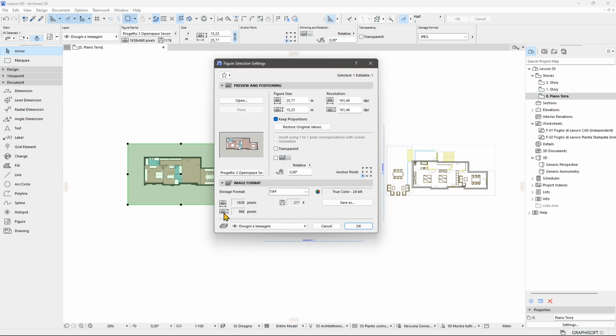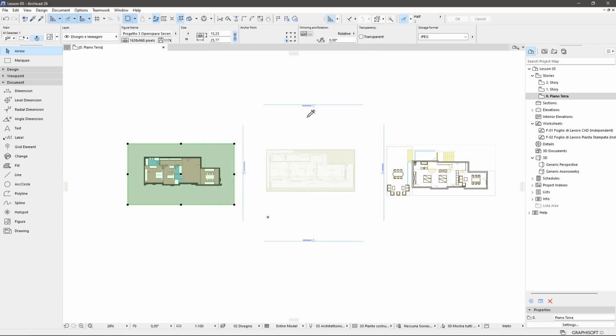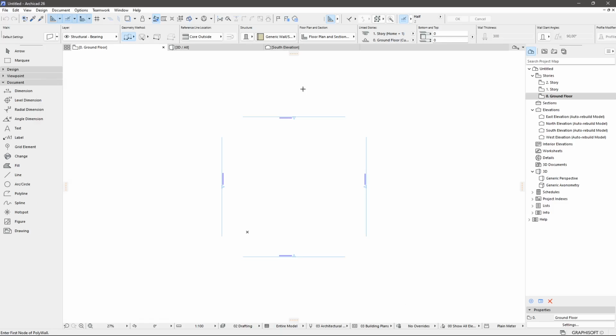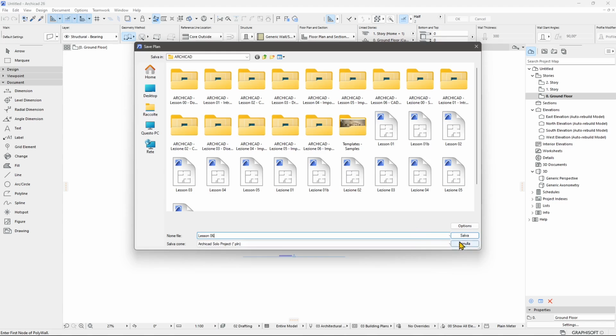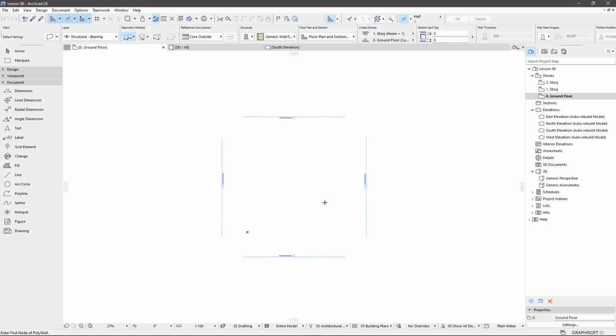So I'm just going to close this document here and start a new one to show you everything you need to know to work with AutoCAD files. First of all, this is the empty new file here. I'm going to save it real quick as lesson 06. Okay, now this is an empty file again, but we're using a template, so we already have stories,